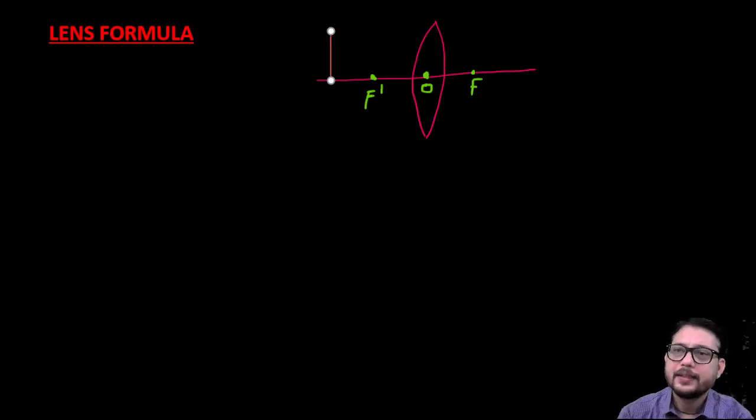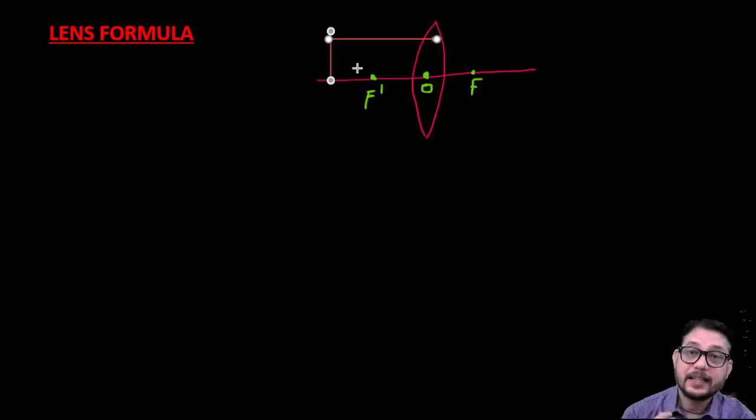Once again, this is a ray, so the ray moves like this way. Now, as you see here, the ray strikes the lens. As we know that this is a converging lens, the ray passes through the focus. This ray will move and pass through the focus like this way, as you can see here.